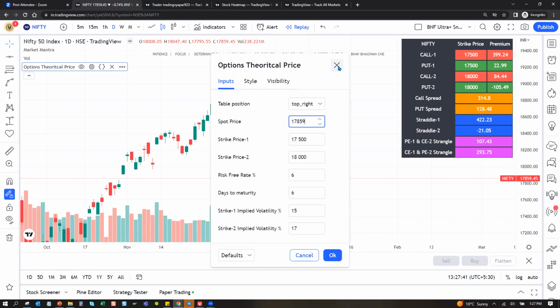I'll not say to do it, sir. If you want to do monitoring, there are better ways to do this. This does a theoretical calculation, but when the live market runs, your IV will keep on fluctuating, right? And the expiry's theta will keep on decaying, so this doesn't do that. It will give you a snapshot, but the Greeks of options that change in real time, this won't do, the way options data does.